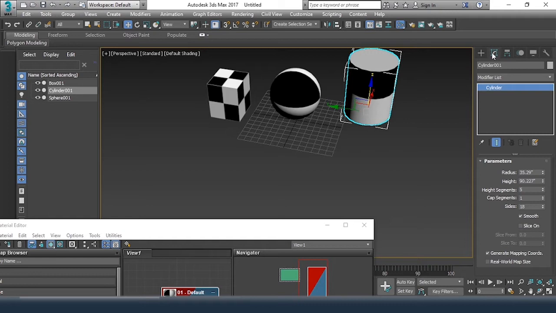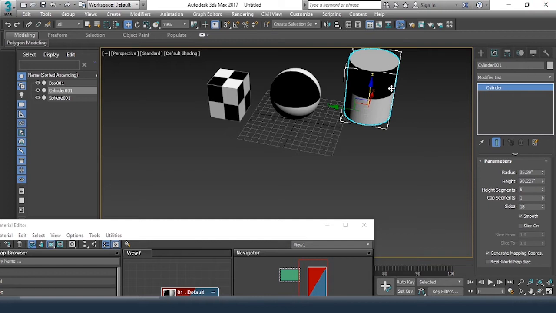But in case you have any character, any robot or anything which you have made using primitive objects, then definitely you're going to add an unwrap UVW map. I'll show you how and where it is.